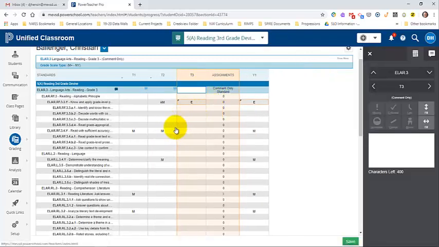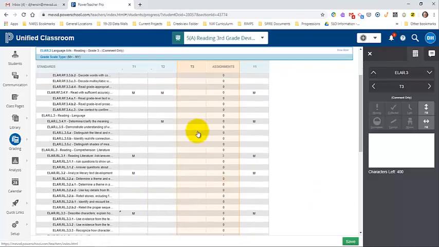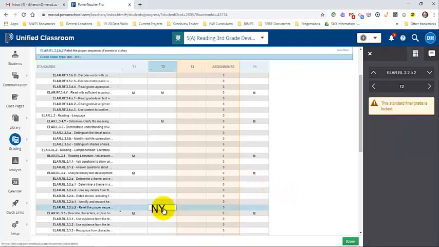Again, all of the different criteria for what you do is on the guidance document that was shared with you as well. The big thing is if you have approaching mastery or not yet in T1, T2, you want to be doing some sort of instruction for them, and you want to be adjusting them. So, for example, if you didn't provide instruction on a not yet on the standard, you're still going to want to mark engaged. So if it was not yet right here, you still want to mark engaged for T3 and